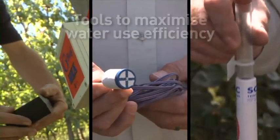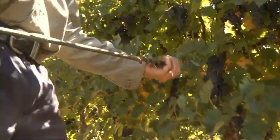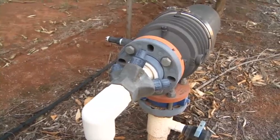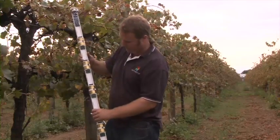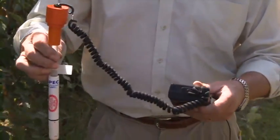Yes, I have seen many growers across the region using a number of different techniques to help them combat the drought conditions. They can range from just increasing their day-to-day monitoring, for instance, going out and just using a dig stick and checking their soil more often, right up to installing new irrigation systems, converting from flood or overhead down to dripper systems, installing other gadgets that can monitor soil moisture, such as EnviroScans and tensiometers,